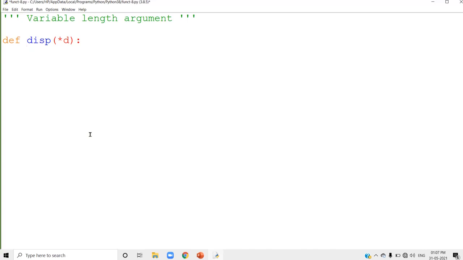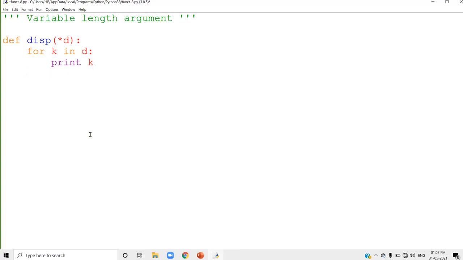You have to use a star symbol. For K in range D, or for K in D, print K. You are just displaying the value of K.